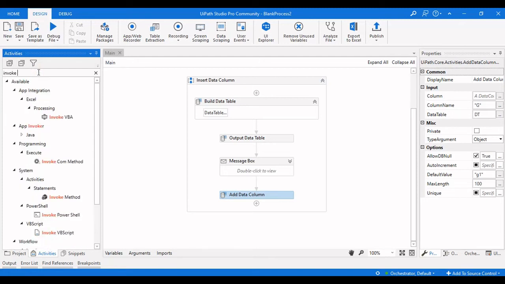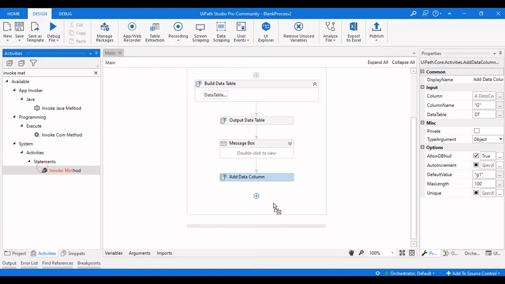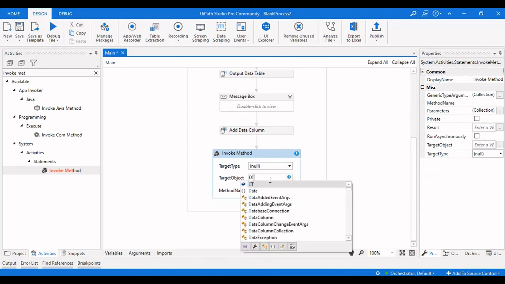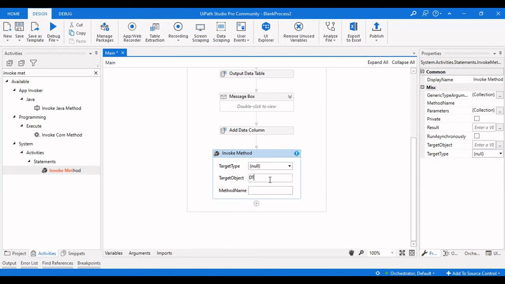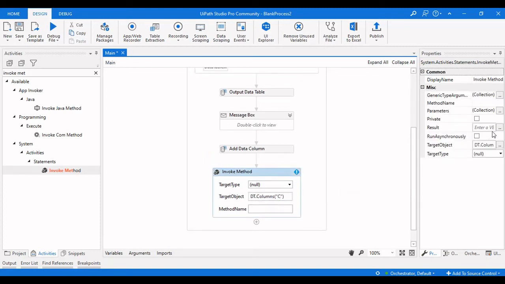So let me take an invoke method activity here, where the target object is dt dot columns of C, and we need to provide the method name, which is SetOrdinal.